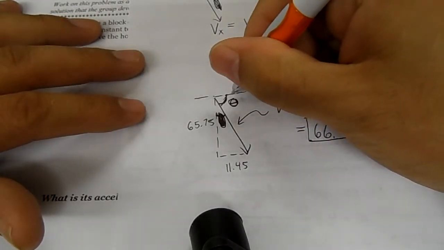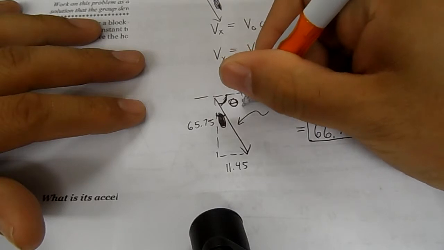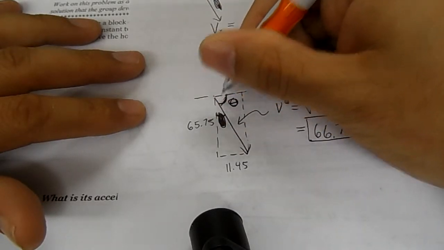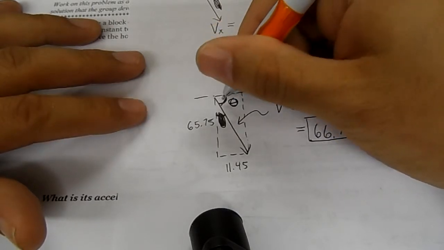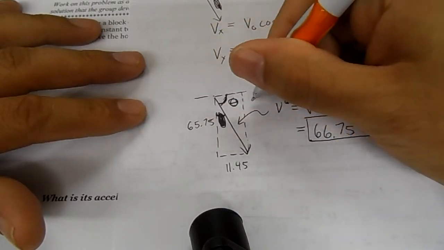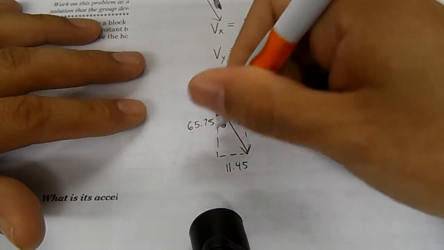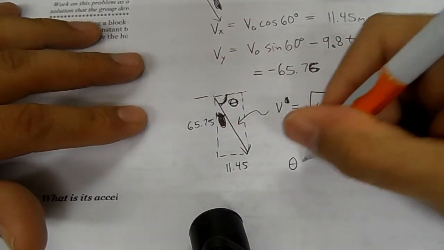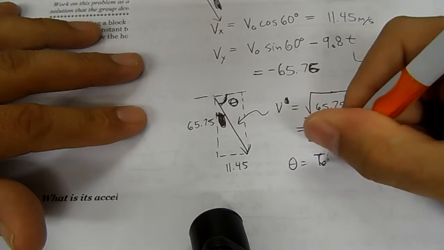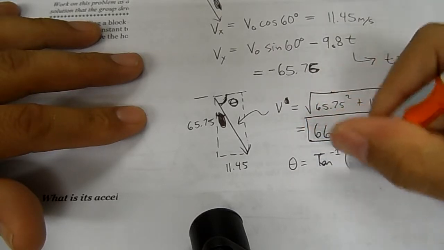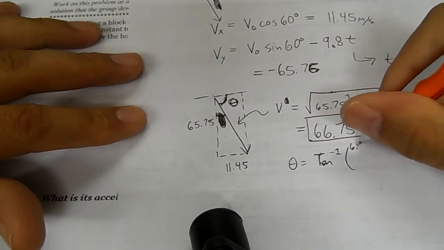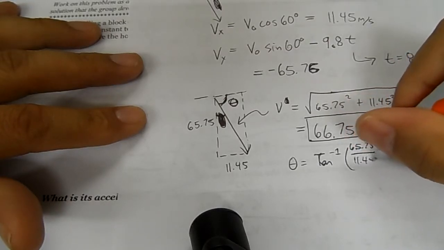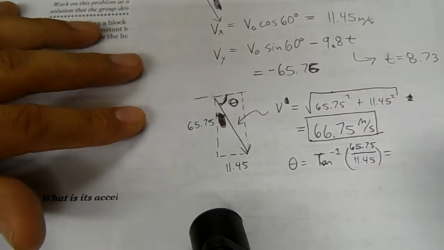All right? Well, that's easy enough to do. If I draw another triangle over here, I can see that, for instance, let me do the tangent. The tangent of theta is 65.75 divided by 11.45. So theta is the inverse tangent of 65.75 over 11.45, which is equal to